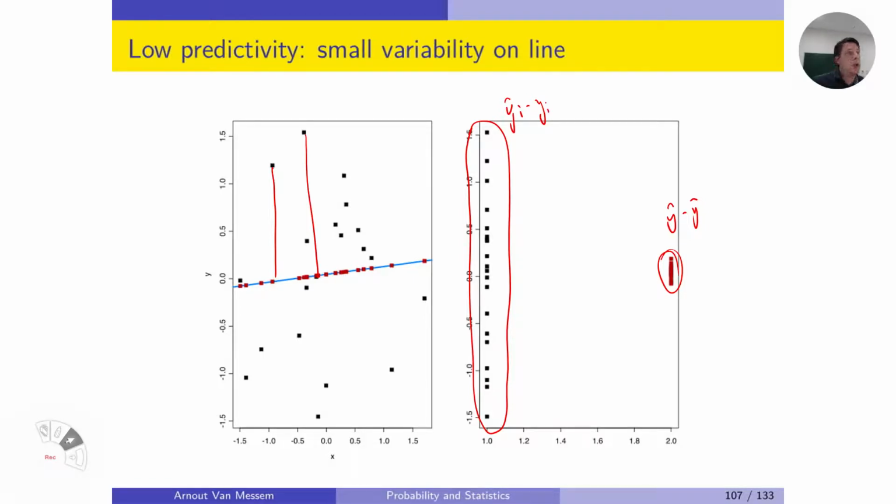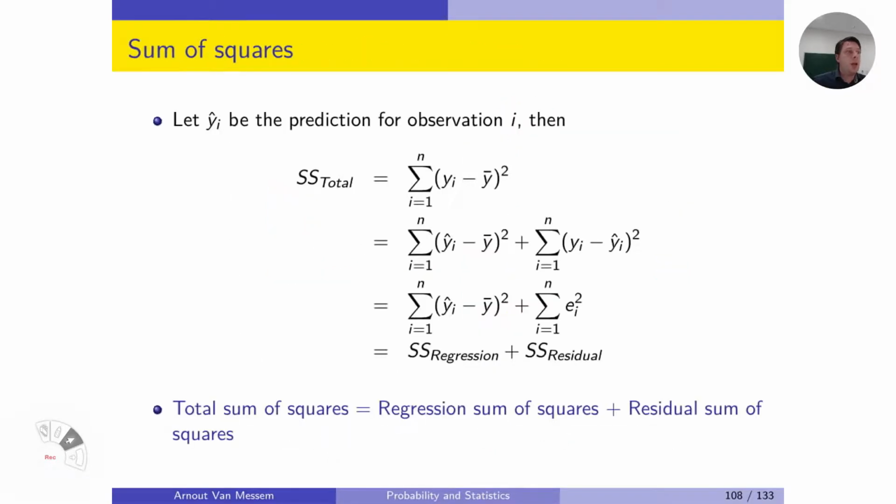So we want to use these observations, we want to use this split in two types of variability, and we will do it by looking at the sum of squares. A sum of squares is just the difference between two values squared and then summed over all the observations. The total sum of squares